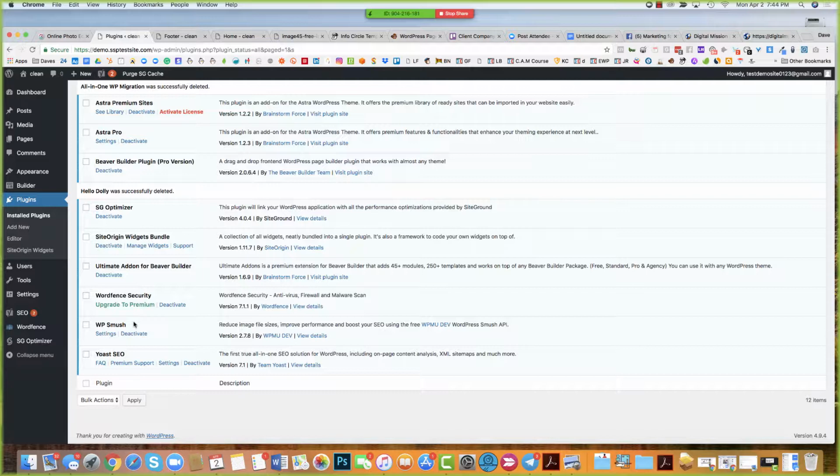Like I said, once we turn it on, WP Smush, again, that is the plugin that we use to help reduce the file sizes on our images. And then Yoast SEO is a plugin that we set up all our SEO with. So that's our search engine optimization. Actually, I need to put a sitemap in here. That's how we go ahead and tell Google what pages we have, where they are, and when we share them to Facebook, what gets shared, what image gets shared, what text gets shared. So we have a lot of control over